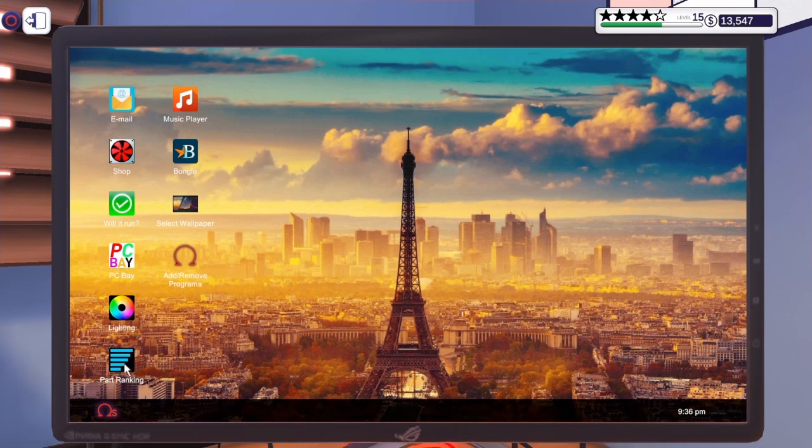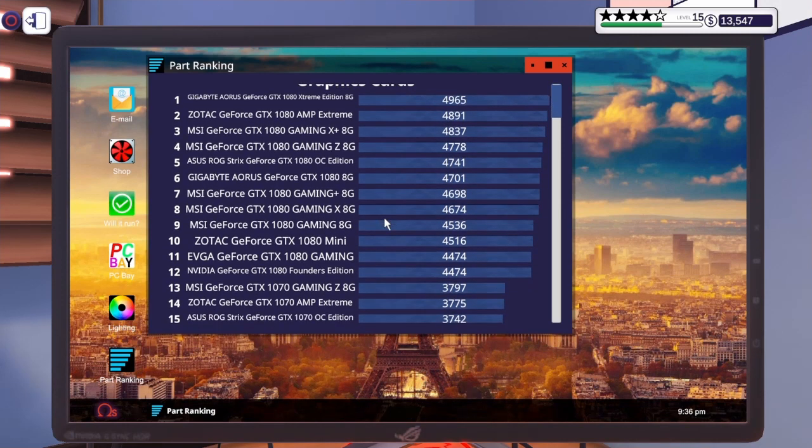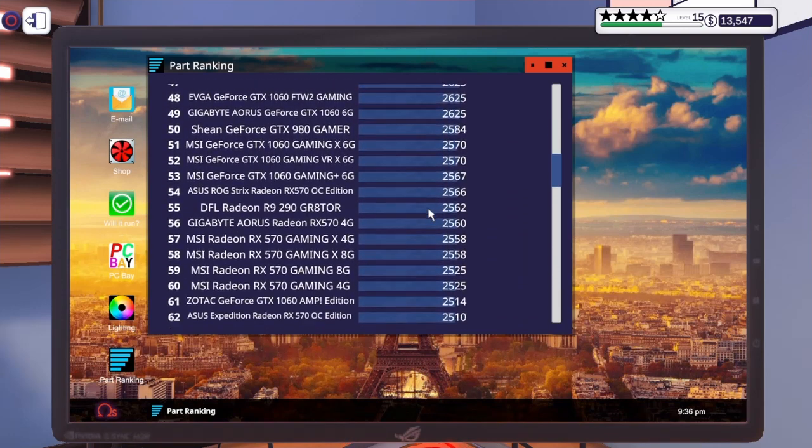So next is the part ranking, which is a pretty decent app if you've got 3DMark. You need to hit those 3DMark scores, because it'll tell you what scores you'll get off that particular product. So graphics cards, that's the best graphics card you can get in the game at the point that I'm at. By the way, I'm not saying it's the best you can get. You can probably get better ones, but there's some decent ones there. Obviously it's from high to low,